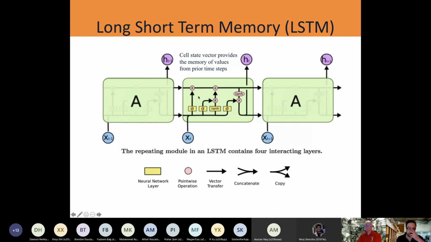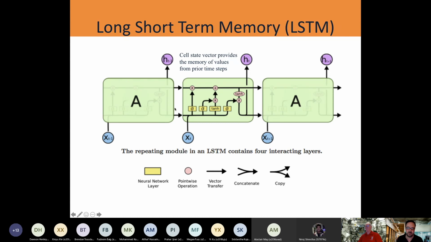So just looking at this a little bit closer, it's these three gates, essentially, here and here, that control what's happening on the memory or the cell state. And you can think of the memory or the cell state of the unit as being this backplane, this vector transfer on the backplane. So notice that cell and hidden state are accepted from the previous state.